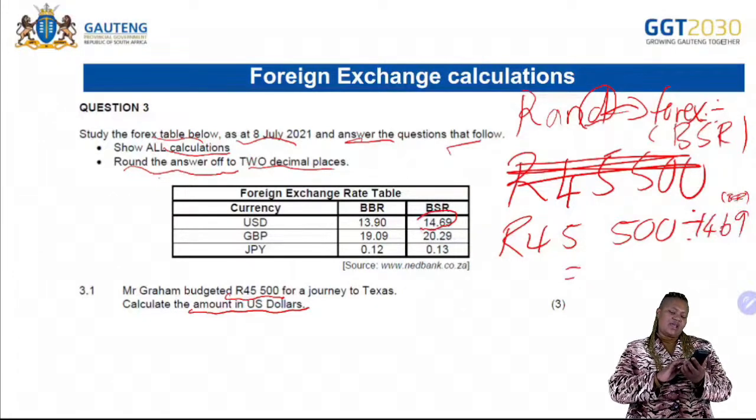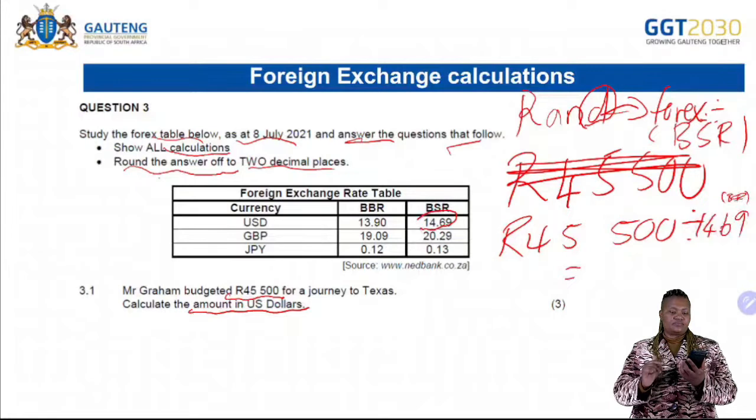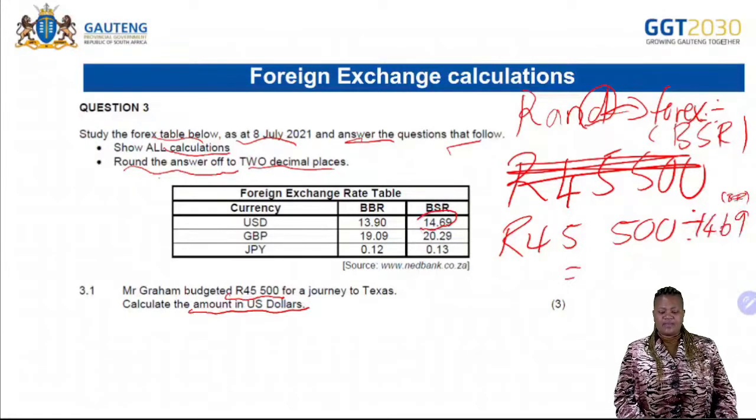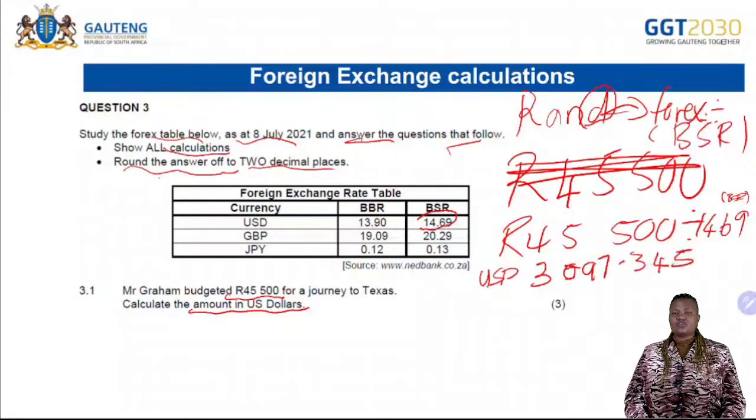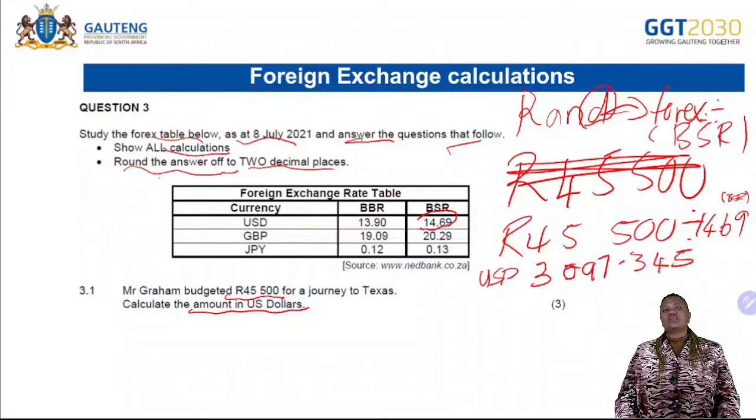So this is me in the exam room punching in 45,500 divided by 14,69. I'm going to write the answer that I'm getting in full. So we know that Mr. Graham needs US dollars. So it says 3097,345. You're not supposed to write your answer like this, but what I'm trying to do now is to show